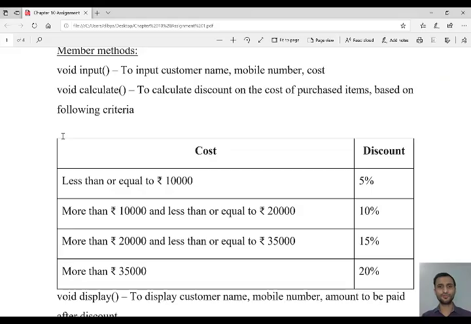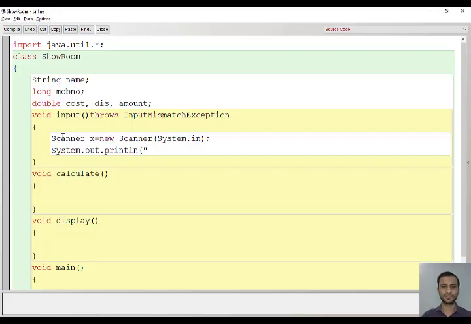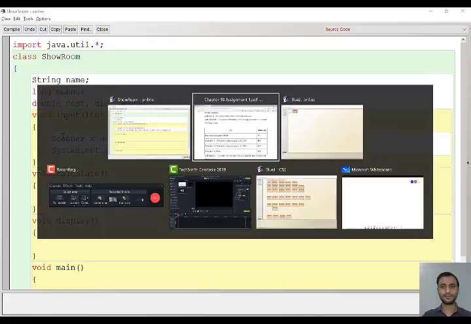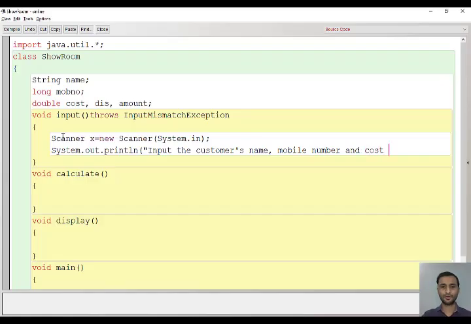Just tell the user what you want. You want the customer name, the mobile number and the cost. Input the customer's name, mobile number and cost of item. Okay, done.